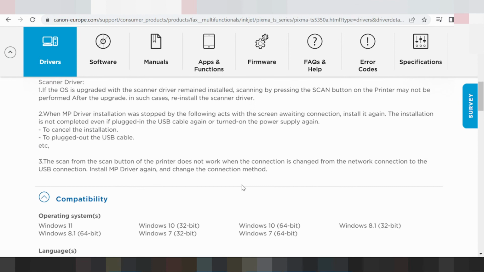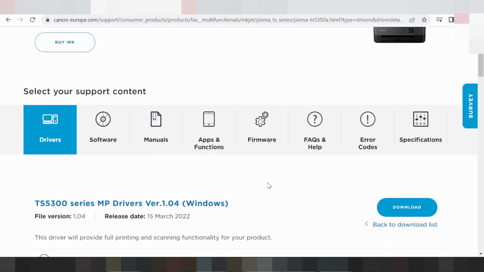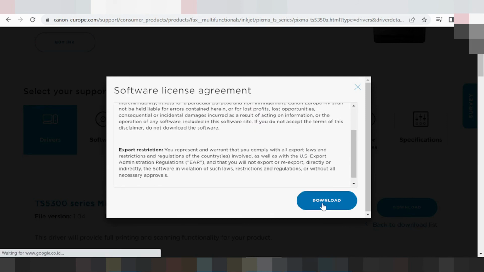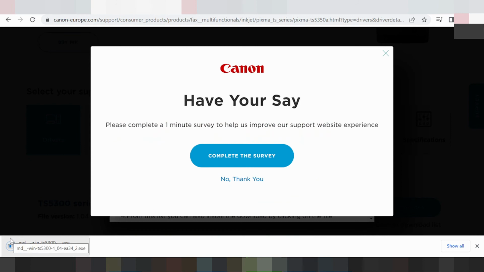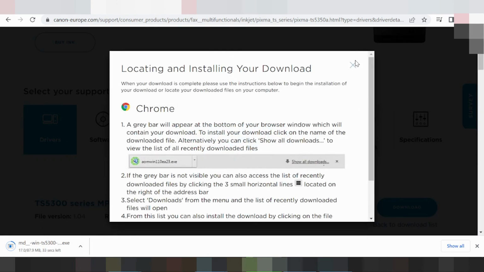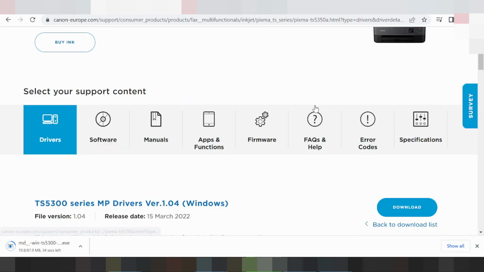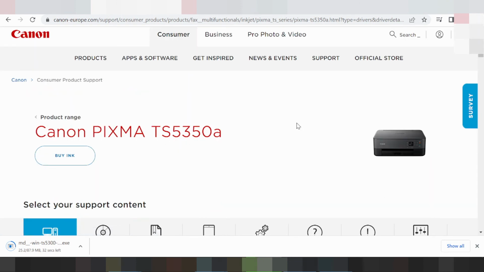You download here. If you need to download a driver, you download. Okay, here is the driver download. If you need to install the driver for your printer, turn on the printer and connect the USB cable to the laptop or PC. The laptop or PC detects the USB cable printer, and please wait for the driver download to finish. You double click here on the driver, and here it installs automatically for